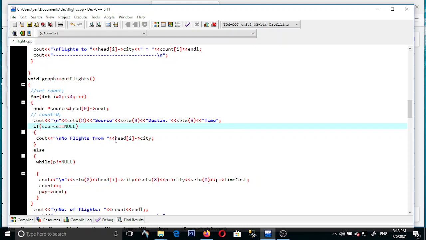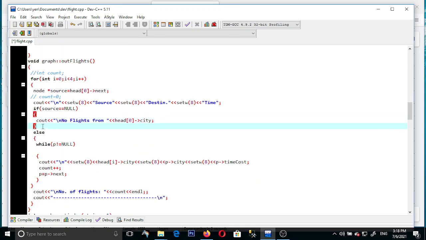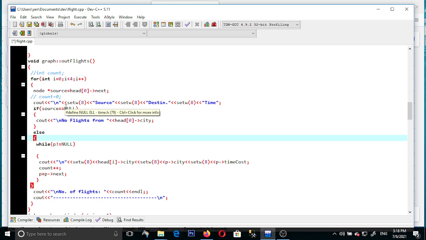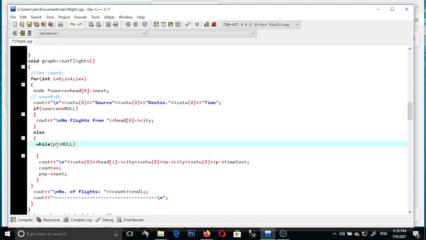No flight from head at 0 city. Head at 0 city is Addis. From Addis, no outgoing flight. Else, if source is not null, there is outgoing flight from Addis to the location of the source pointer. Here, just say source. If source is different from null, just